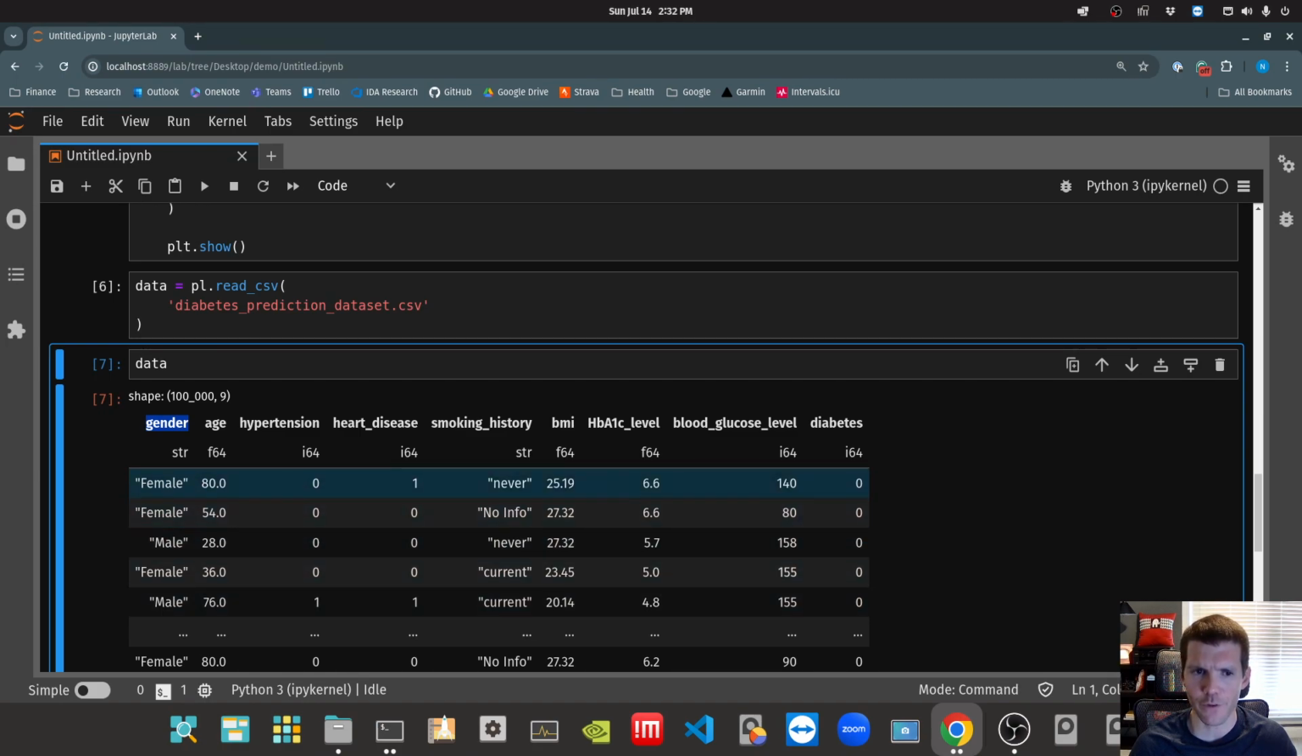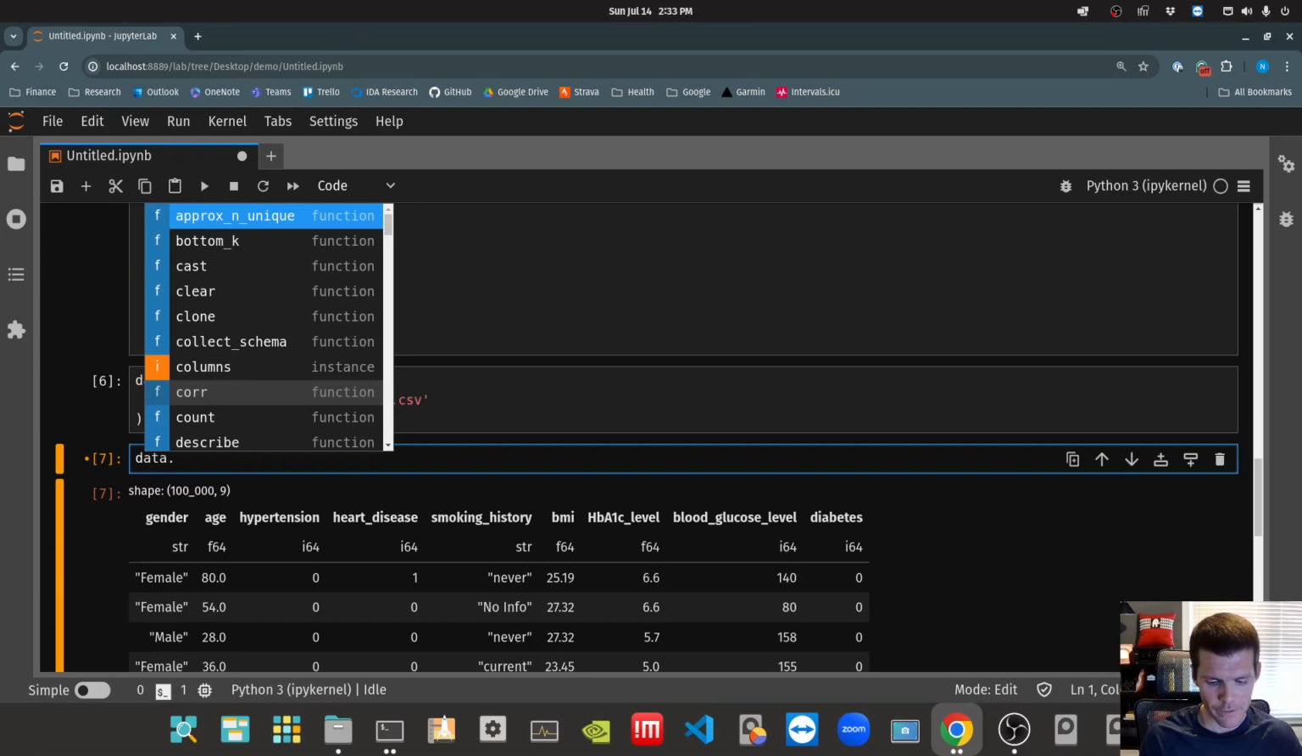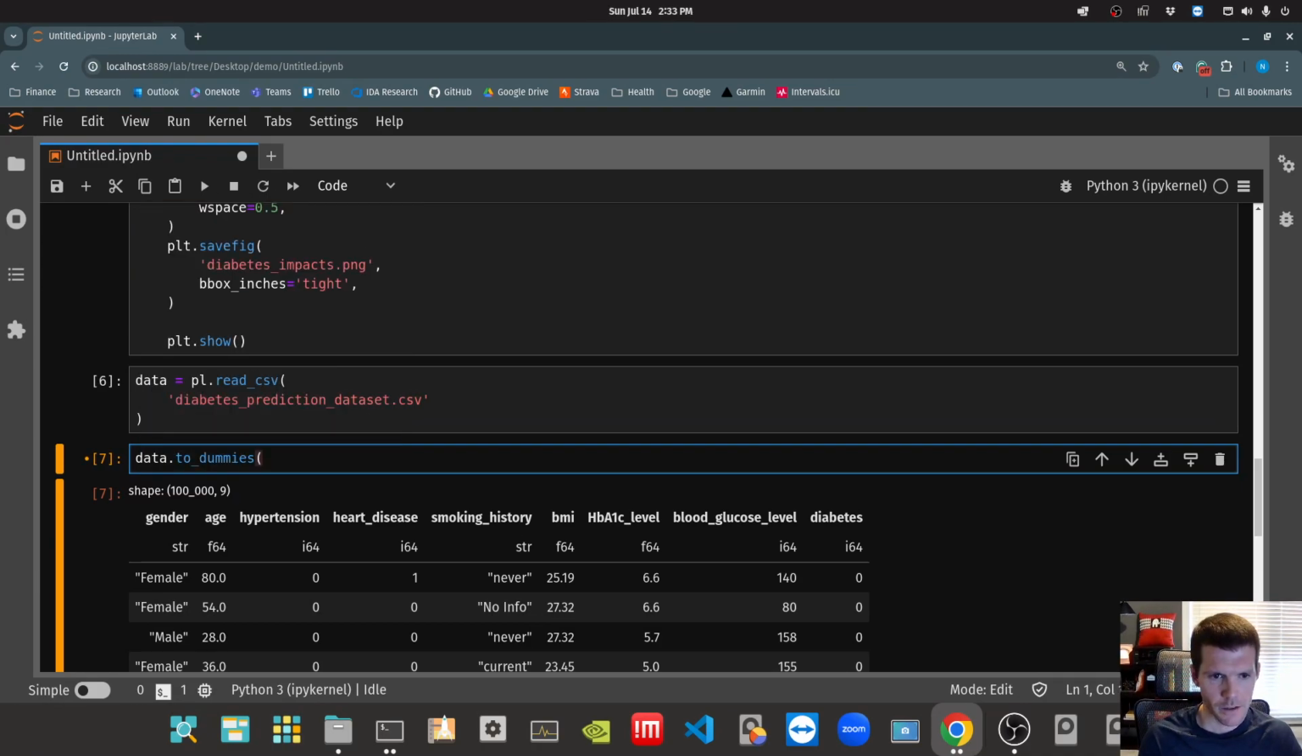Kind of like we have for hypertension and heart disease. All right, so how can we do that? In polars, on a polars data frame, you have a method called toDummies, and you just give it a column or a list of columns. So for example, if we gave it gender,